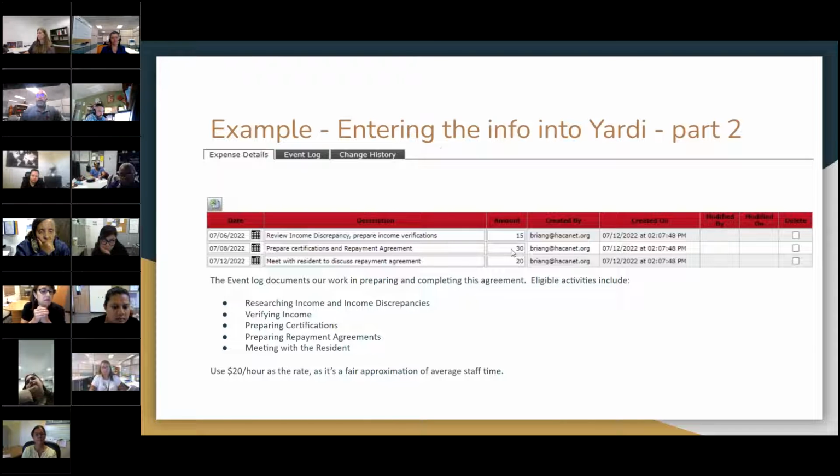So how we calculate this is based on $20 an hour, which is somewhat of a fair average between all of our salaries. If we add them all up, average them, $20 an hour is how we should calculate it. So Margarita, yes, if you spend 2 hours working on something, you can put $40 in. If you spend 15 minutes, you can put $5 in. The only limit, and to be honest, I'm not sure what Yardi would do, the only limit is,